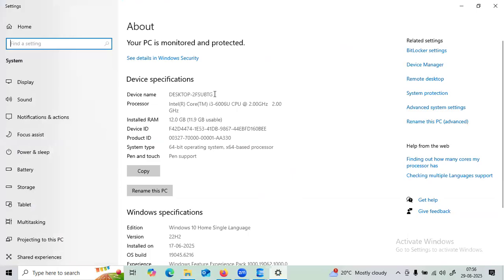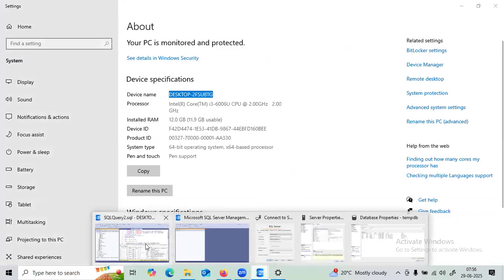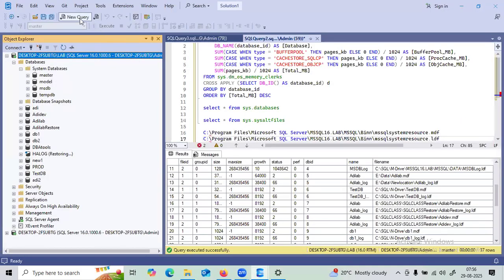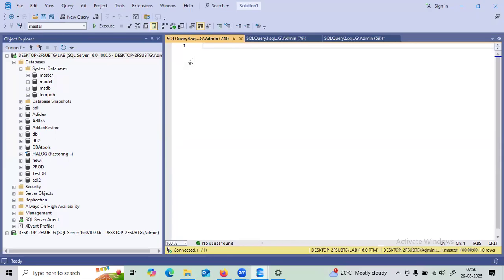That time, once we restore the computer, this computer name will come. So the Windows team, once they restore this computer, will rename this computer name. Once they rename it, if you try to get the instance name, like